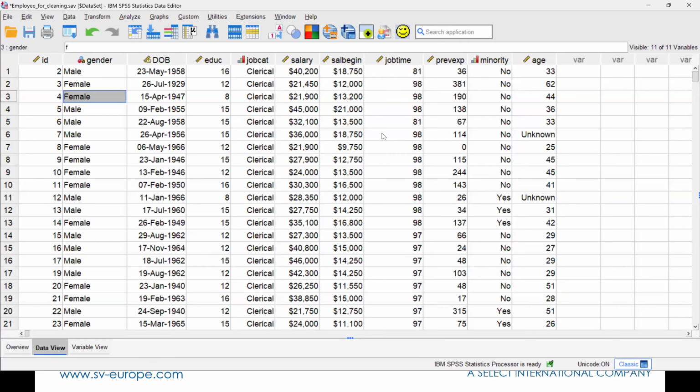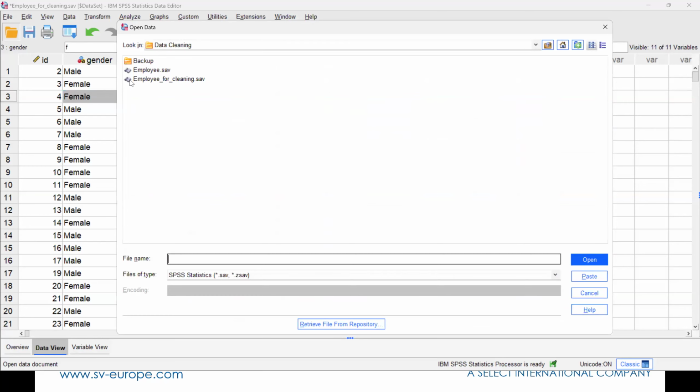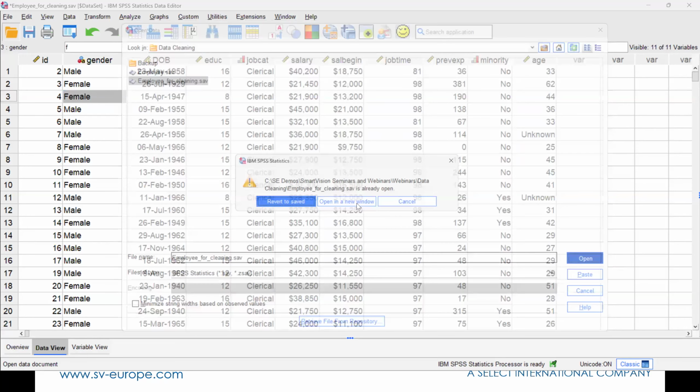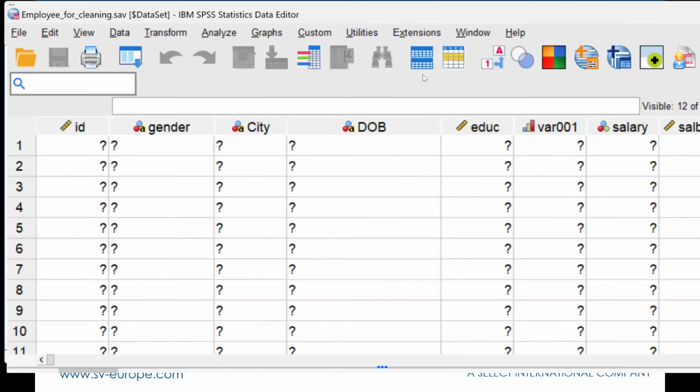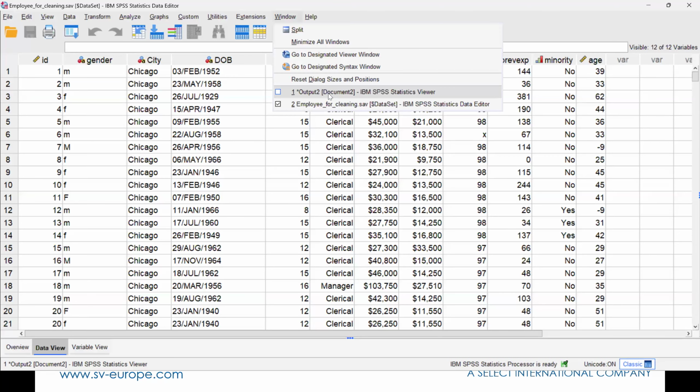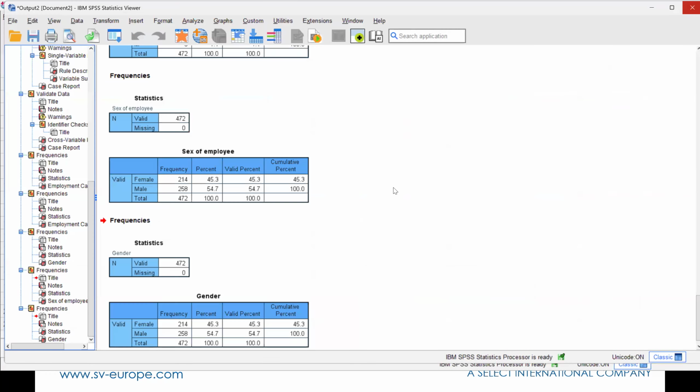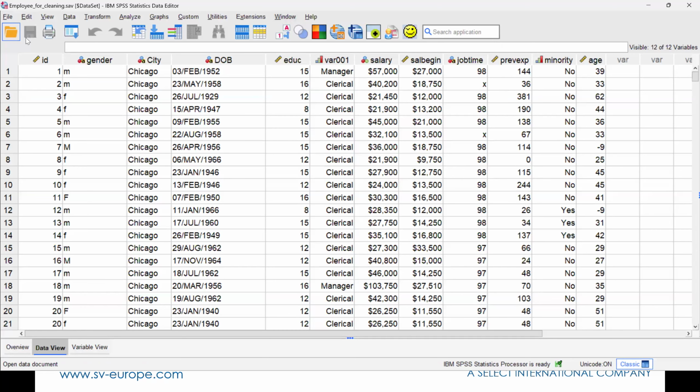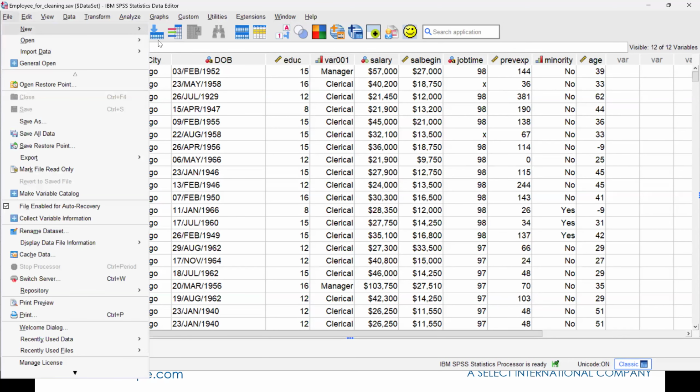Again, that would help. Now, if I open up my original data set, I've got employee for cleaning. I'm just going to open it up here. I've now fixed all of these ones. I'm going to revert to saved. I'm going to go to file output here and hit close that down. If I go to file, open, syntax,